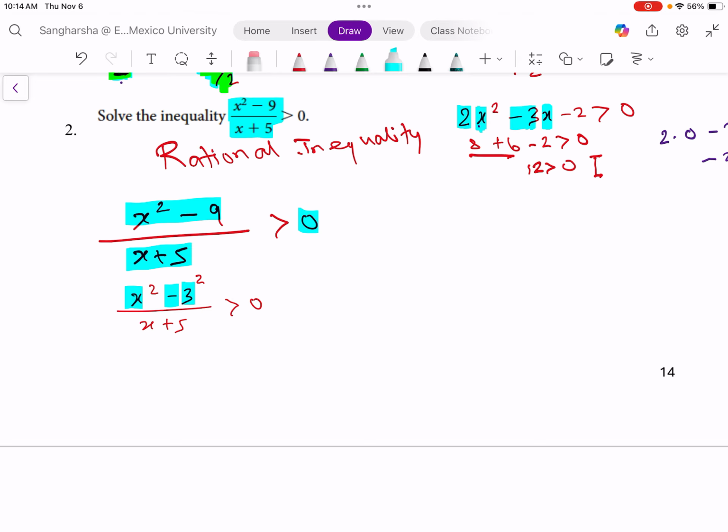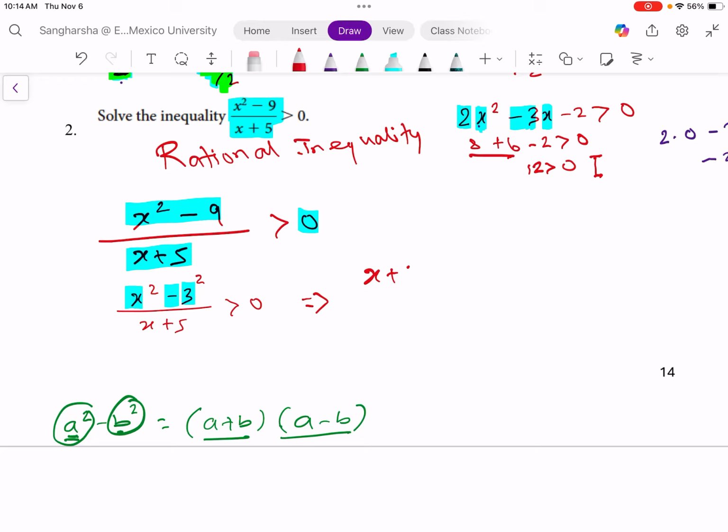If we have a difference of two squares, what are their factors? a plus b times a minus b. So you rewrite those terms as perfect squares, and the sum of those two terms times the difference of those two terms. In our case, it would be x plus 3, where x is a and 3 is b, times x minus 3, divided by